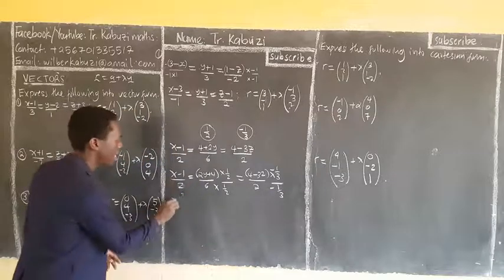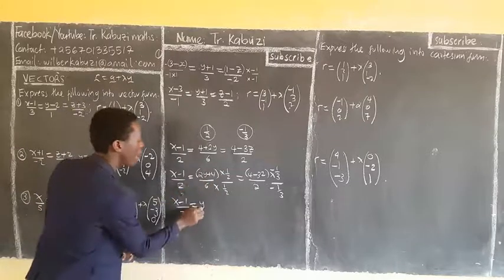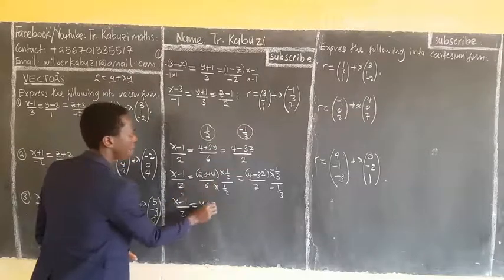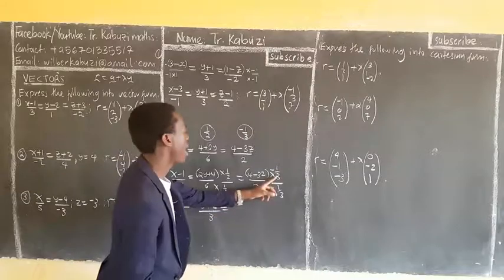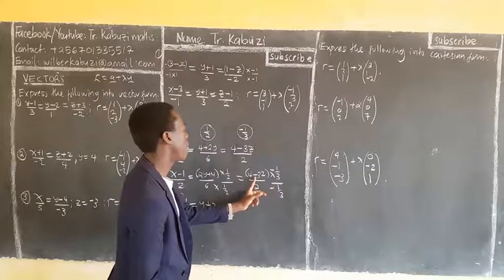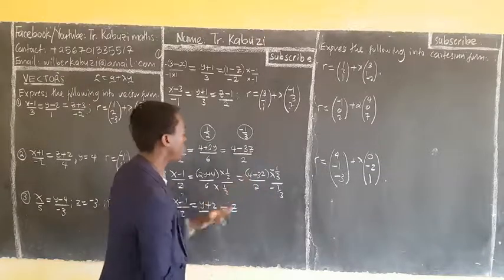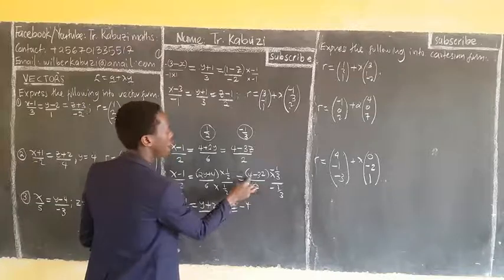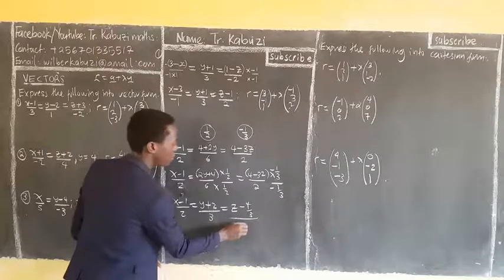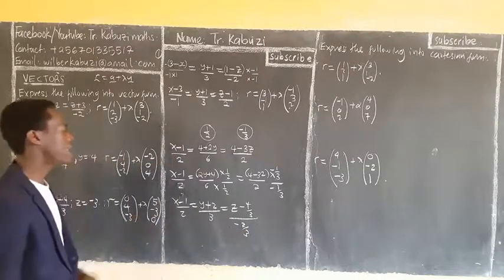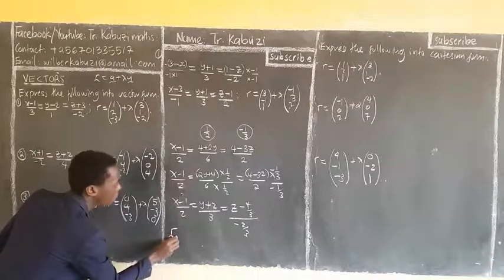Let us now, I have this as x minus 1 over 2 equaling to, multiplying a half here, y plus, when I multiply a half here, I have 2. When I multiply this and this by a half, we have 3. When I multiply negative, this will be now positive, then this will cancel this, and we have now z. Now a negative and a positive, I have -4, then over 3, and this and this will give me -2 over 3. So from there you can convert it to vector form by saying now r will be